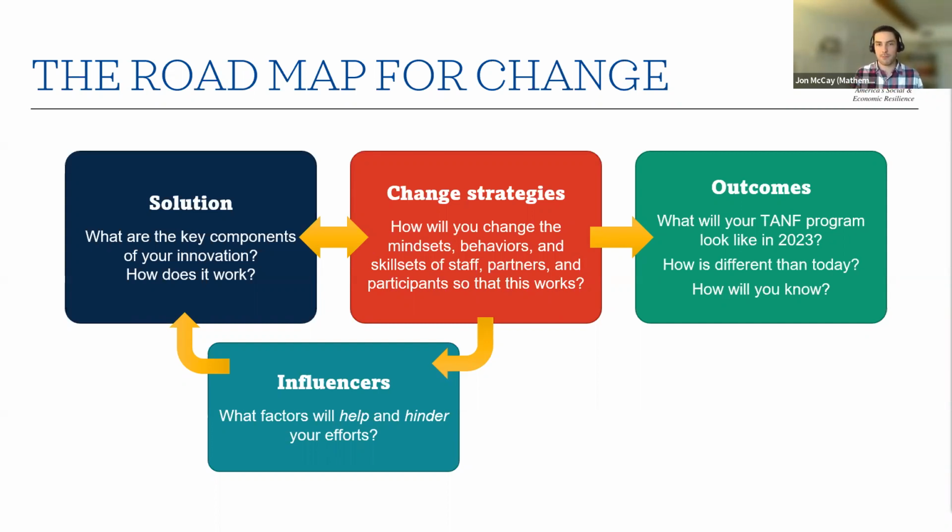So to apply a personal example here, if I want to replicate my grandmother's cake, and I can't replicate grandma, I need her to do two things for me. I need her to give me the recipe, which includes both the ingredients and the process steps, the technique for baking the cake. Think of the ingredients as the solution. I've got all my components. I've got my molasses, my flour, my sugar, whatever. But if I just have a list of ingredients, I can throw ingredients at you all day long. But if you don't tell me how to actually bring those ingredients together to create the cake, I'm completely at a loss. And so it's these change strategies that will help me not only know how to do it,